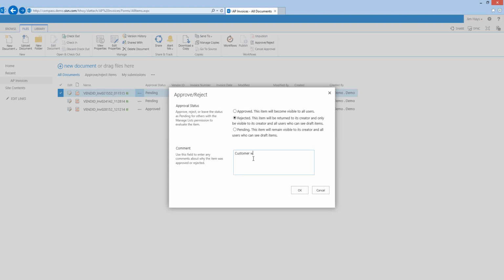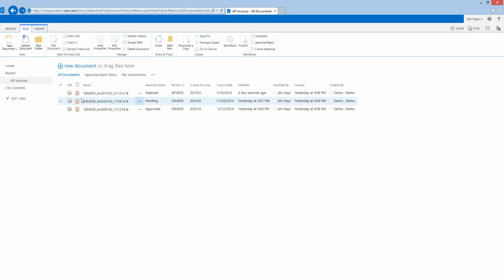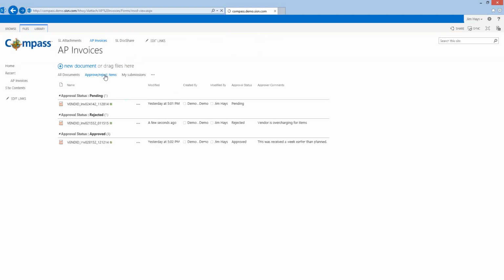customer wants to short pay. Well, that's actually not right. This is the vendor. Vendor is overcharging for items. Okay, we click on OK. And then if we go back here, we see which one is pending, which one has been rejected, and which one has been approved. So that's